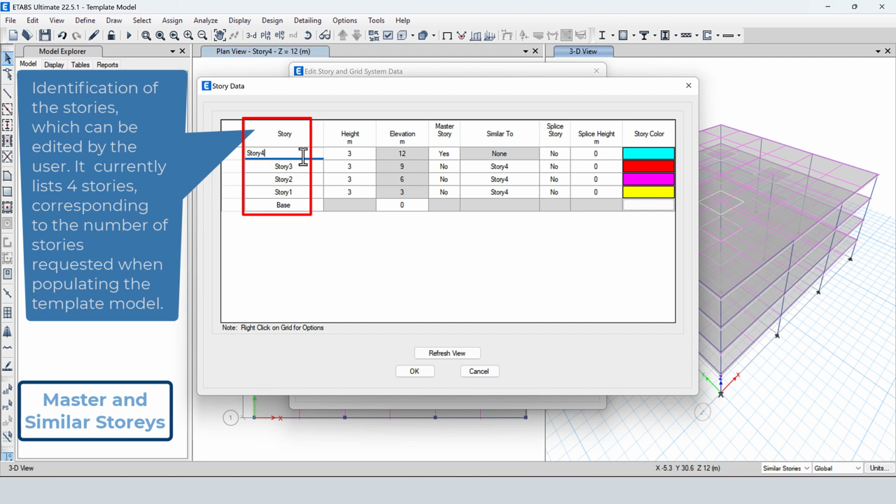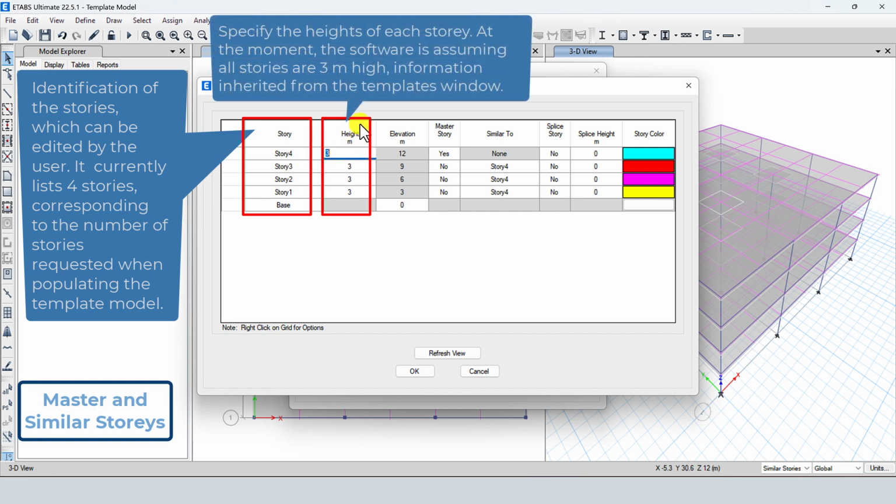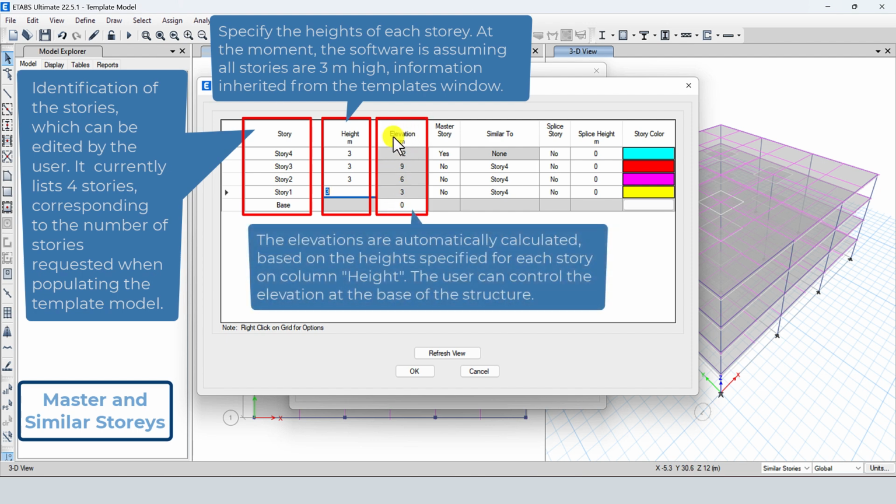The first column on the form identifies the different stories, with editable names should the user wish to rename them. In the next column of the table, the user can control the different heights of each story. Since we specified all stories were 3 meters high when accepting the template, that is what is being considered here, but this information can also be modified. Up next is the elevations information. As they are automatically calculated, based on the heights specified in the preceding column, the story elevations are grayed out, with the exception of the elevation at the base, which can be edited. By default it is assumed as 0, but the user can change this,